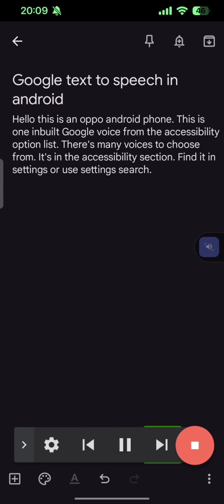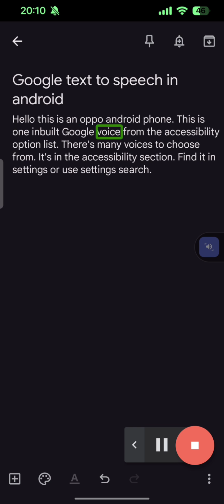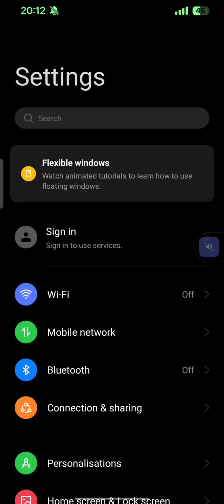Expand. Start continuous reading. Deactivate select to speak. Navigate up. Pin. Reminder. Archive. Google text-to-speech in Android. Hello, this is an Oppo Android phone. This is one inbuilt Google Voice from the accessibility. This is an Android phone and I'm using Google text-to-speech, which usually comes in Android phones, and it'll be in the accessibility